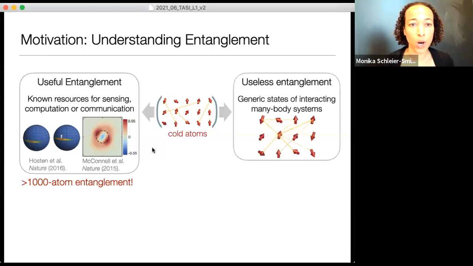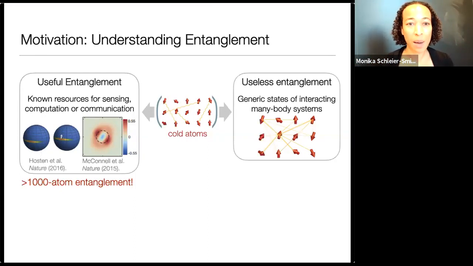Of course, what's far more common in nature, if I have some interacting quantum system, is that there is entanglement, but it's not in such a simple form, right? So entanglement is in fact very common in interacting quantum systems, but often it's perhaps useless entanglement, or maybe it's not useless, but we don't know how to think about it, right?